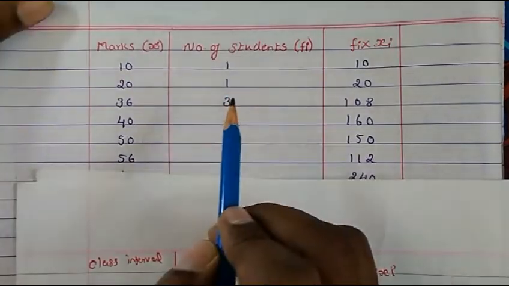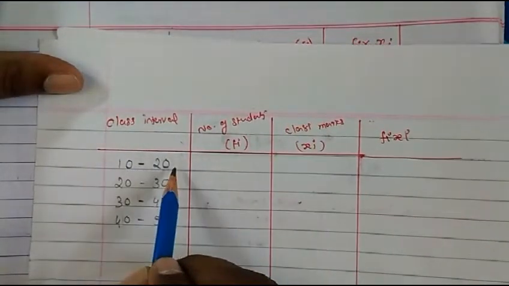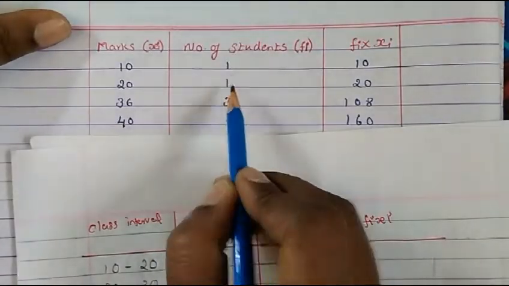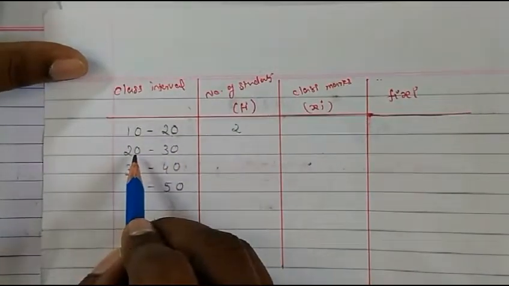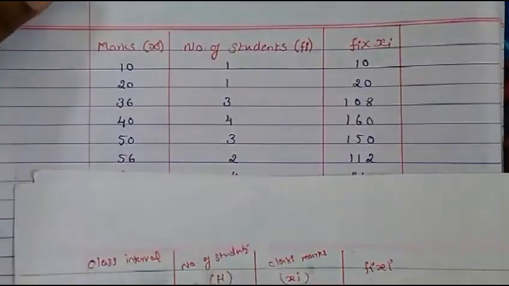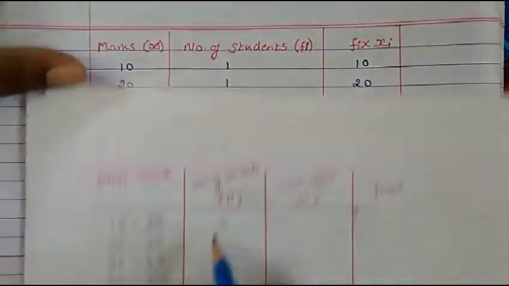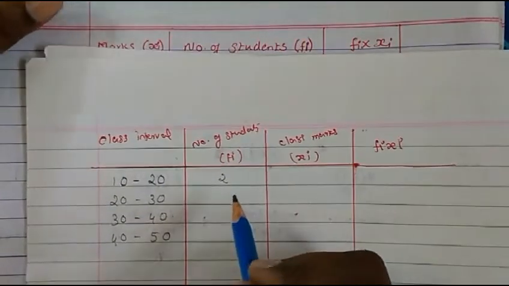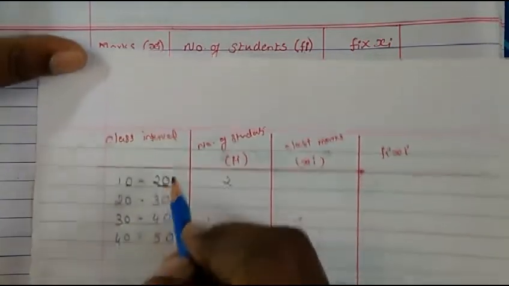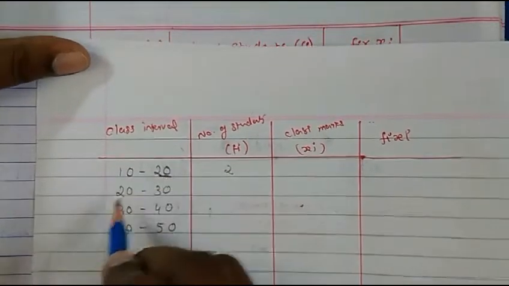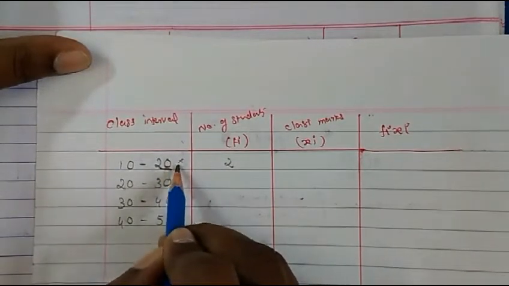Now this is very, very important, you have to remember. Now the 20 student got. So between 10 to 20, 1 plus 1, 2 students have got. But if we write 2 students here, again 20 is there in the next interval. Between 20 to 30, if you count the same student again, then it becomes wrong. So remember, whichever number you get here, the same number is there in the next interval also, and you have to count it in the next interval, not here. So you should not count here.